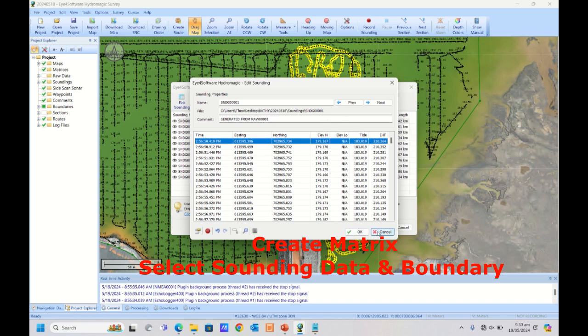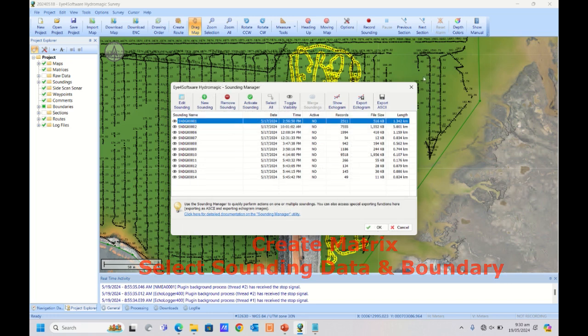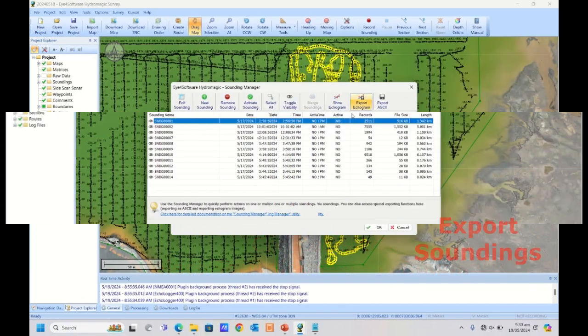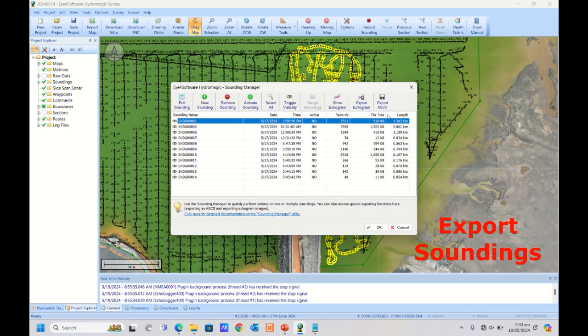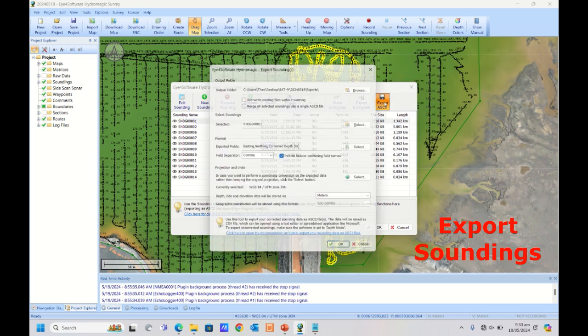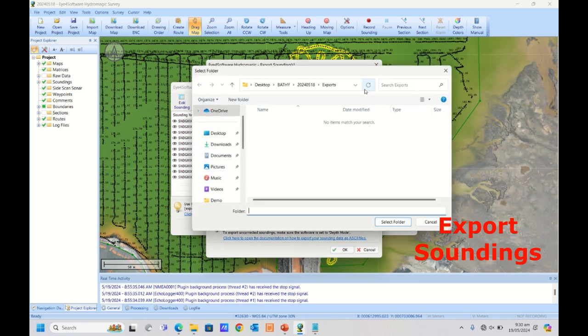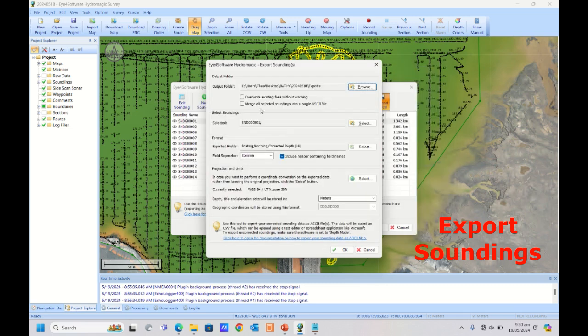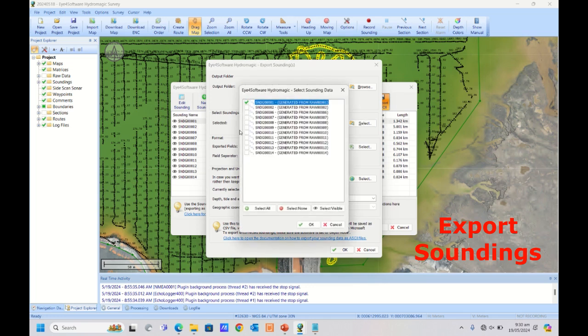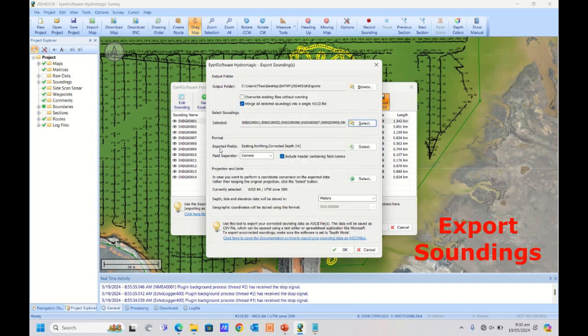Okay, so to export the soundings as they are, you export as files. Output folder, it goes to export. You merge all the selected soundings into one. If not, it's going to create them individually. So you select the soundings you want to export. Select all, okay. Now the exported fields will be exporting